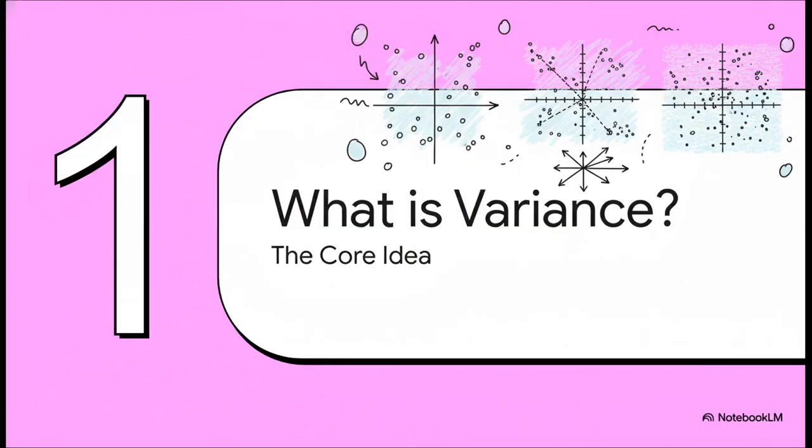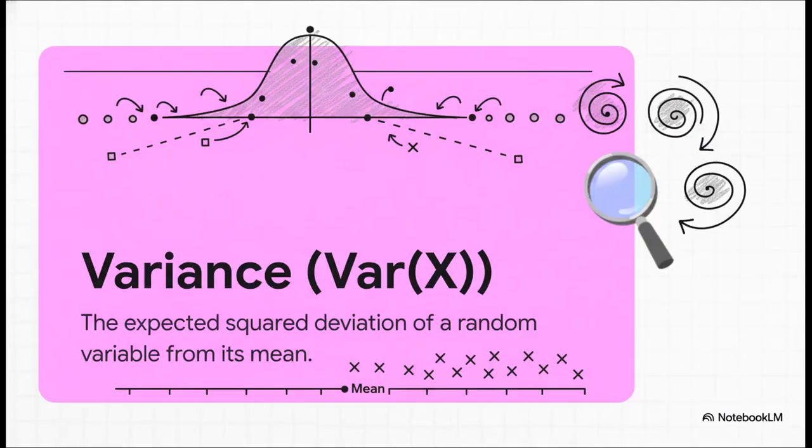So to really tackle that whole overfitting thing, we've got to zoom in first. We need to understand the core concept itself. So let's ask the big question. What exactly is variance? Okay, I know what you're thinking. You see a formula like this, and your eyes just might start to glaze over. The formal definition is the expected squared deviation of a random variable from its mean. But seriously, don't let the fancy words throw you off. All this is really asking is, on average, how far is each point in our data from the group's center? That's it. It's a measure of spread.